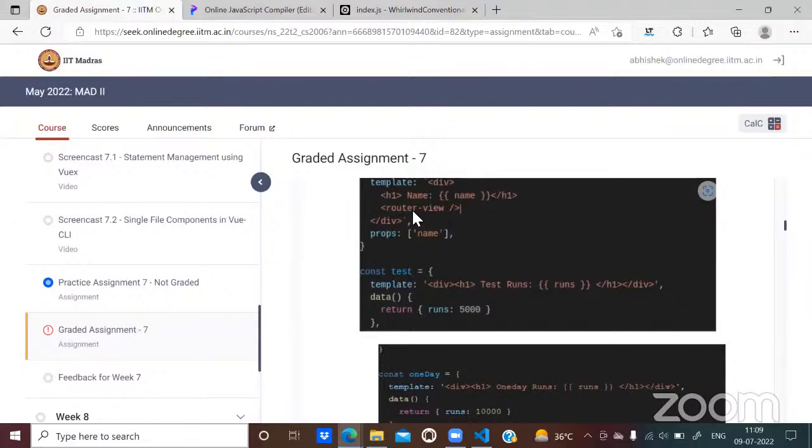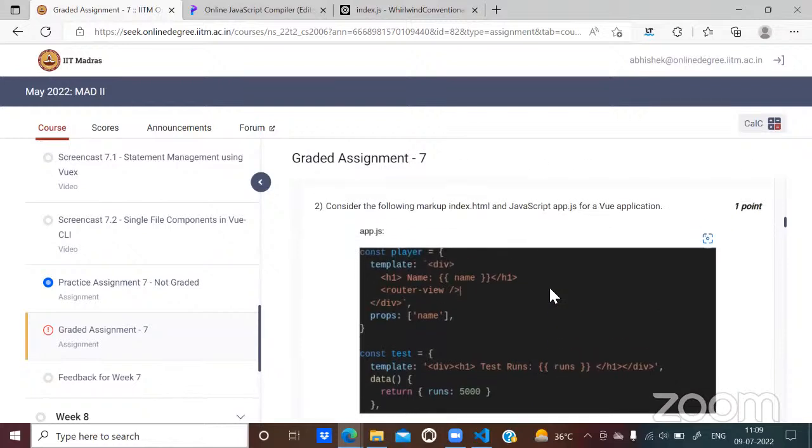So what is router view? It is used to display the content that is fetched using the router. I wanted to ask, Miss, I got it now: it is because of the child that we are using router view here. So far we used this router view in the HTML page. Yes. First time we are using this in app.js, and it is because we are having child. Yes, now this is clear, sir. Fine.